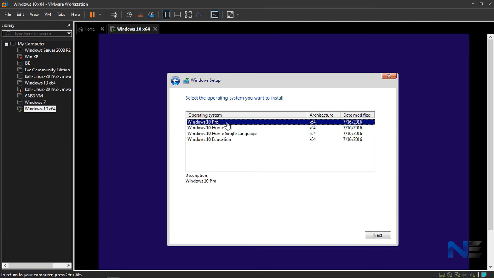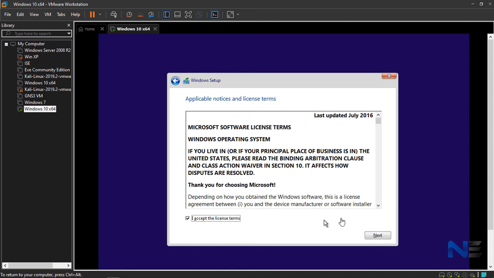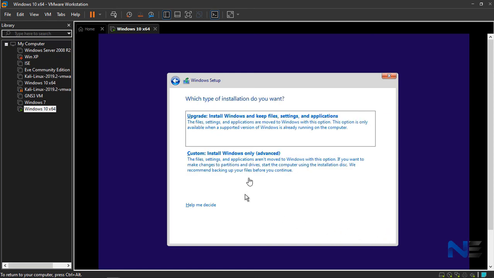I will choose Windows 10 Pro here. You can choose whatever you want. Then next. Accept the agreement and click next. Click on custom.